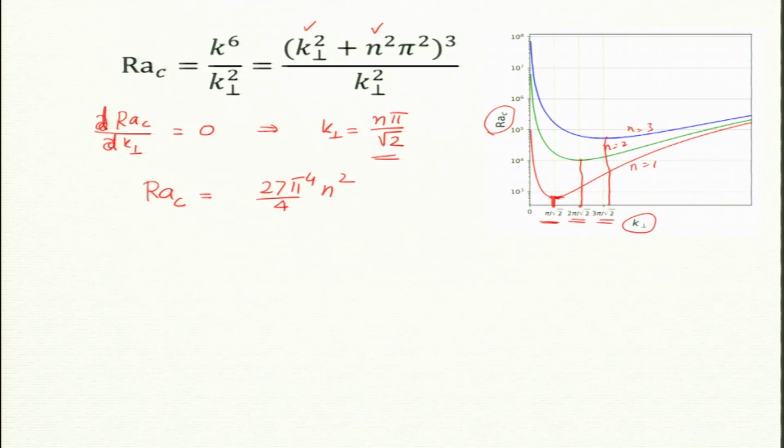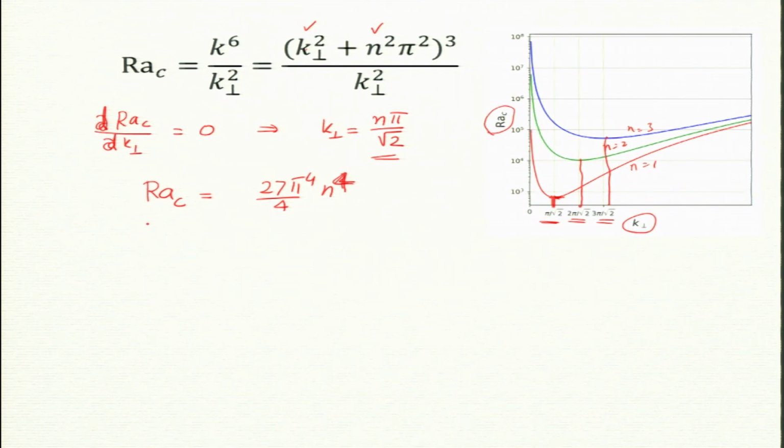Okay. So, for n equal to 1, I definitely know it is 27 pi^4 by 4. Let us plug it in. I put it here, then I get n squared pi squared. So, that becomes n to the power 6 divided by n. So, this should be n^4, right? It should be n^4. So, there is a typo in the book actually. Yes, so n^4.